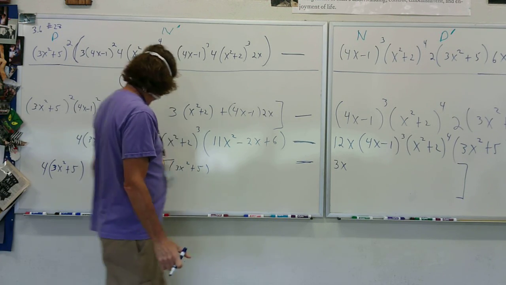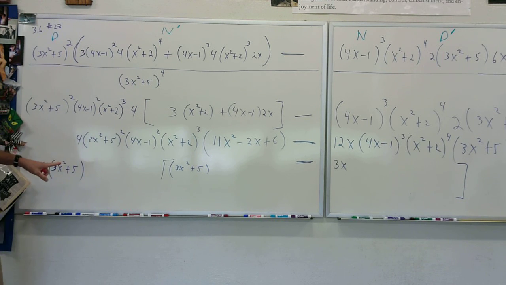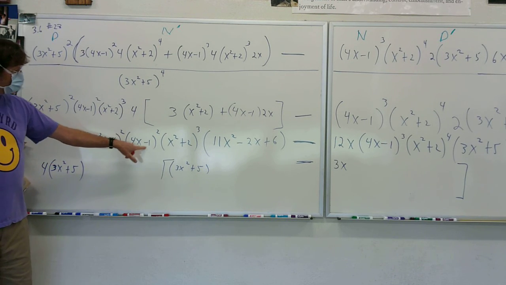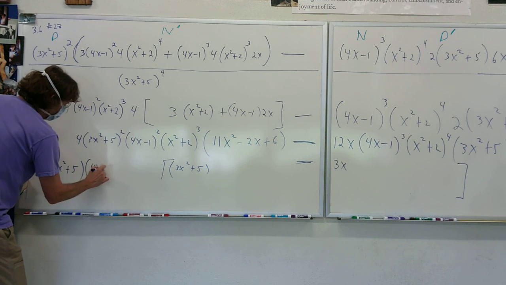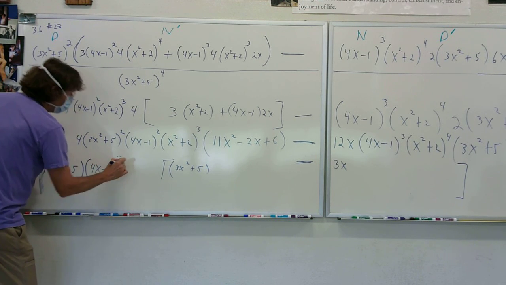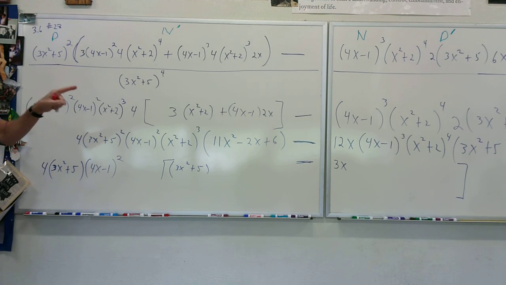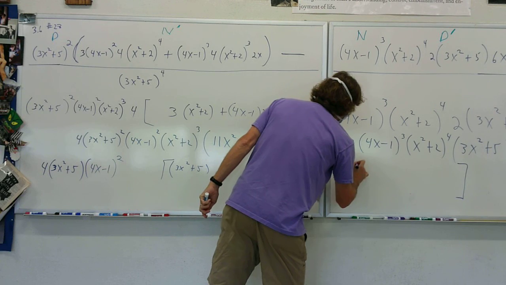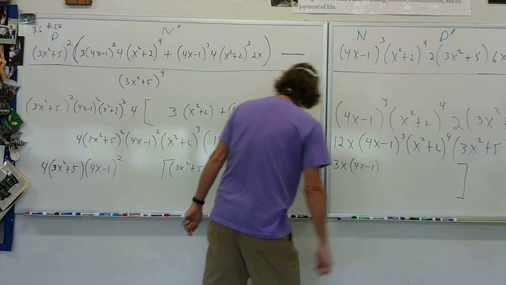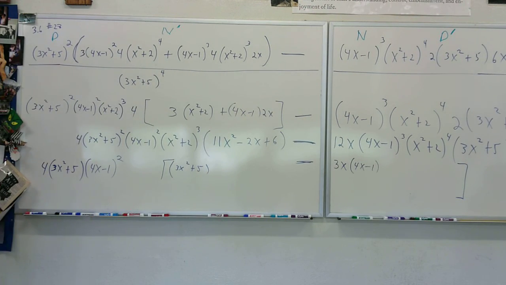Now, then we'll factor out a 4x minus 1. And what power is it going to be factored out to? To the second. Okay. So this one divides out, and I've got to put one over here. Then I can factor out what? X squared plus 2 to the